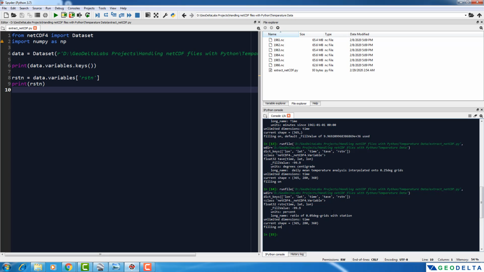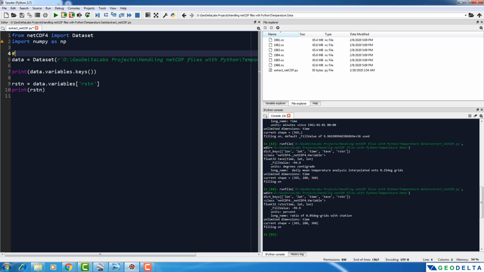Alright, so I think now you got the basic idea about the structure and the different variables that have been stored in this netCDF file. Before going to the next steps, I'll take a couple of minutes to comment this out, because I'm going to share this script with you as well. So later, if you want to try it out by yourself, you can use this as a guide. I'm just going to make it a bit more organized by adding some comments,